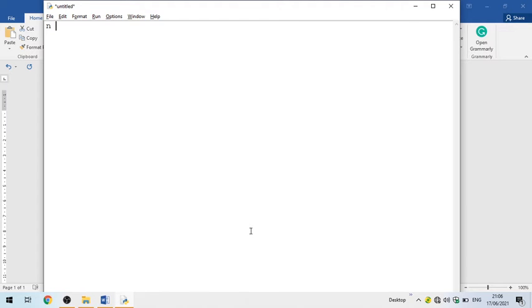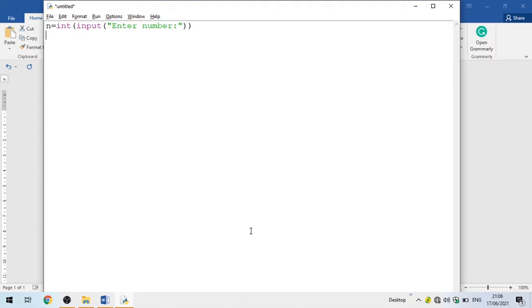Same thing as in the last program, just take the input and here put: enter the number, and convert this to an integer. So this is the integer function.